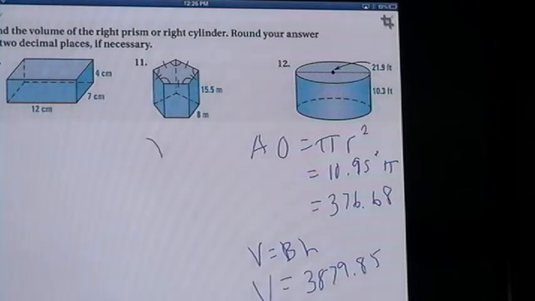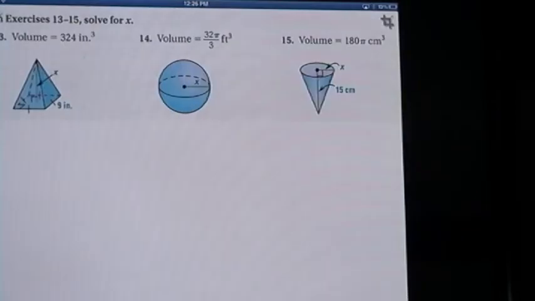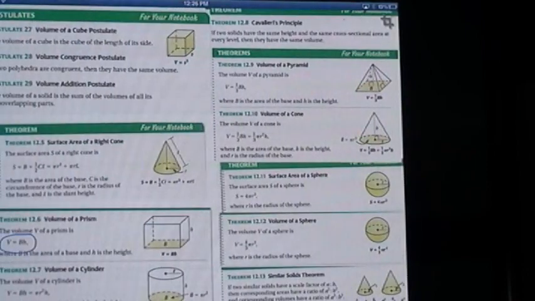Alright, now we're going to do some volumes of weird stuff. It's so easy because all you have to do is follow the formula and you have that in front of you. So the volume of a pyramid is 1/3 the area of the base times